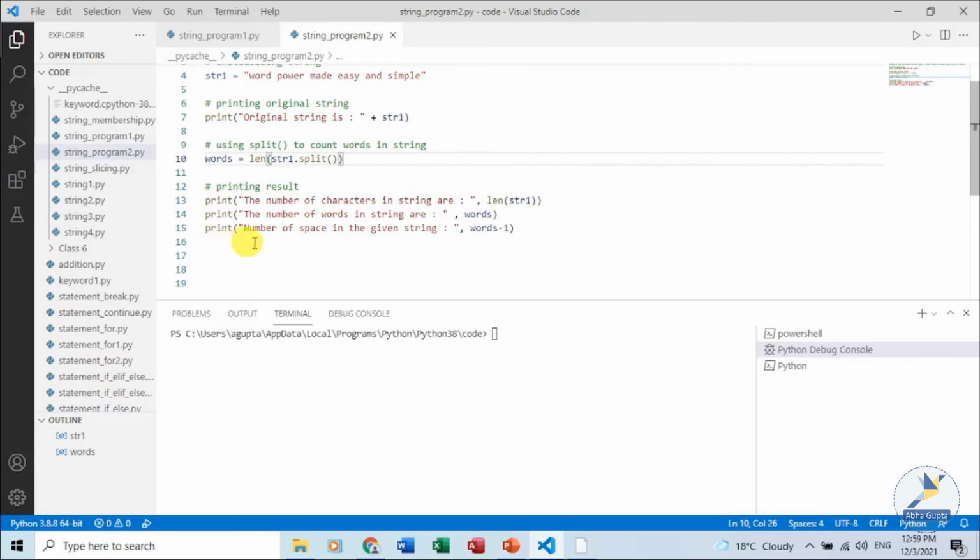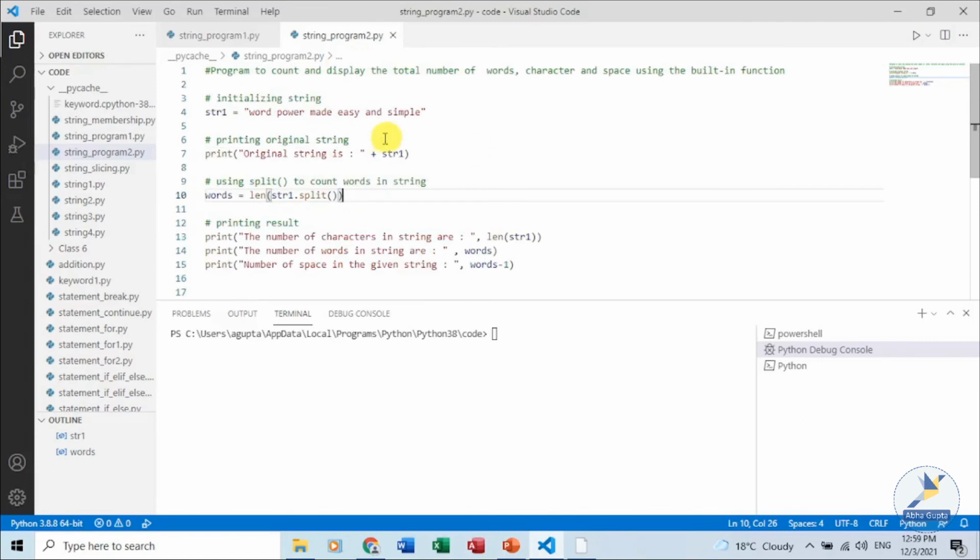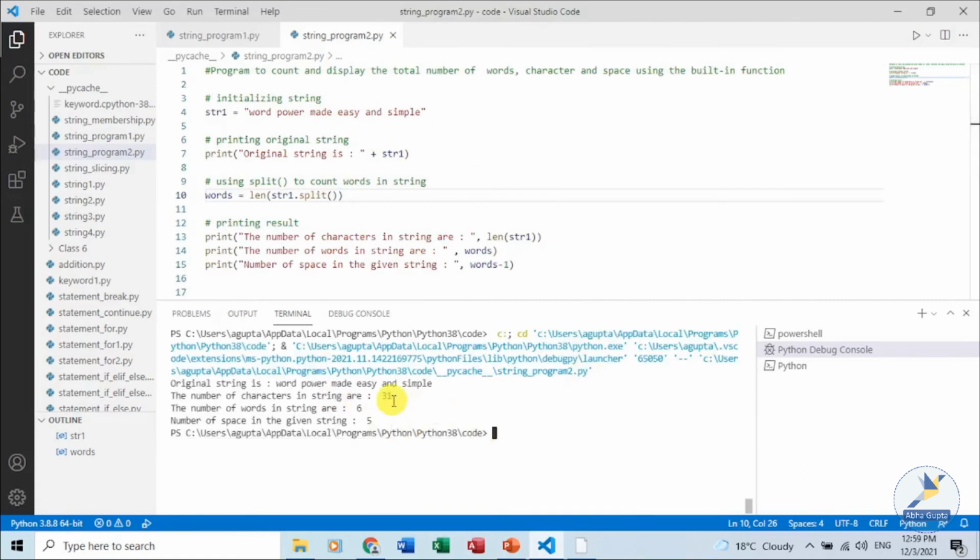And the number of words, if you subtract 1 from the total number of words, we will get the number of spaces in the given string. So this is my original string. These are the number of characters, total number of words, and the number of spaces.